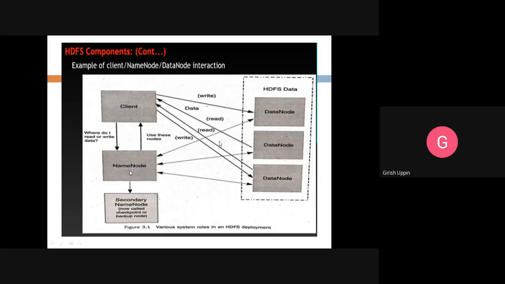Suppose something goes wrong with the name node, or it has to be restarted. Because every piece of information is in memory and not in any permanent storage, it would be lost. So whenever there is a need to restart the name node, it will take the FS image and load its memory, and if there is anything in the edit logs, it will update that information.